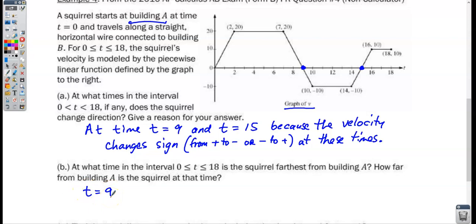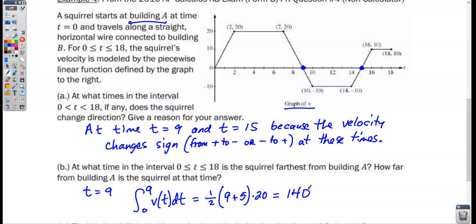And then, in order to find how far the squirrel is from the building at that time, I'm going to go ahead and take the integral from 0 to 9 of the velocity function, which I'm just going to go ahead and get by taking the area. And this is a trapezoid, so I'm going to have 1/2 times the average of the bases. The bases, this base right here is 9 units. This base right here is 5 units, times the height, which we can tell from these points the height of this trapezoid is 20. And so we end up with 140